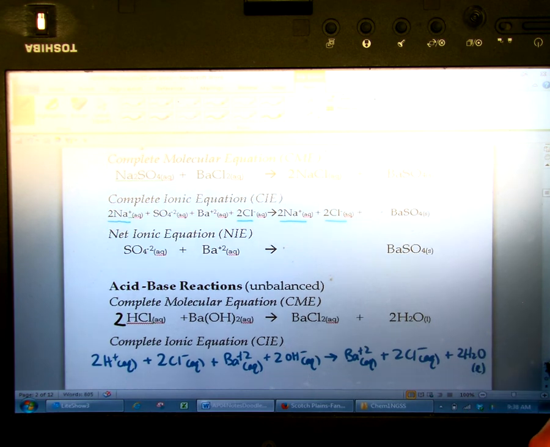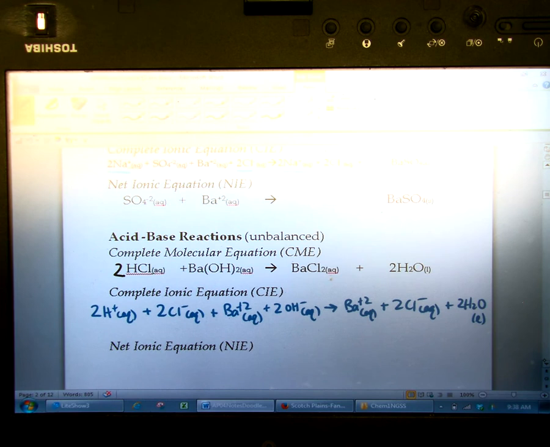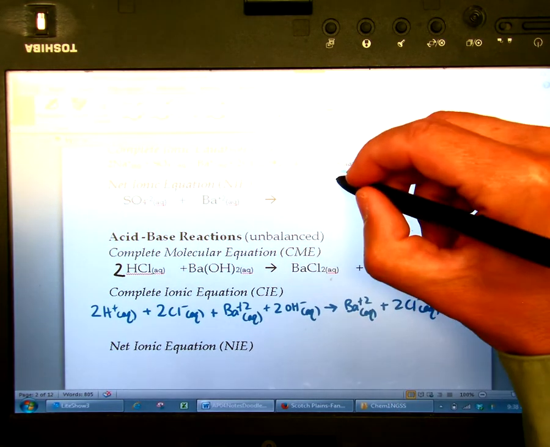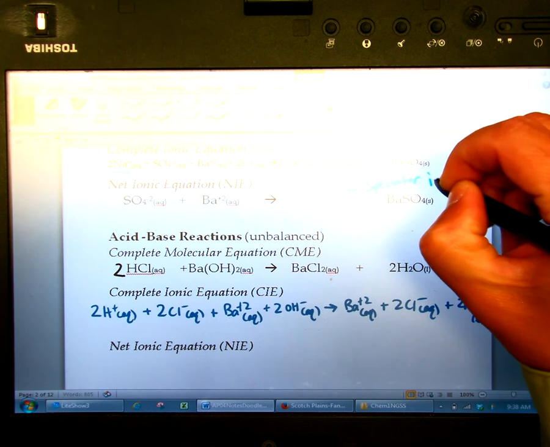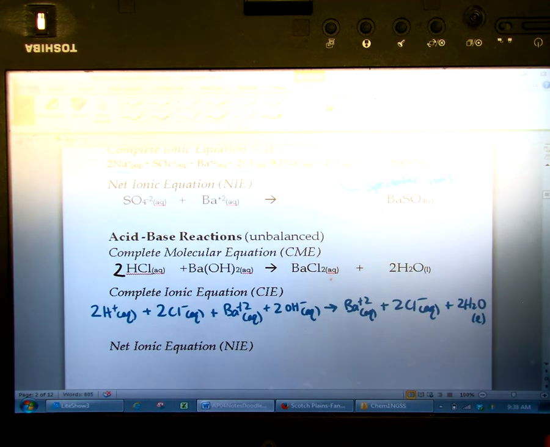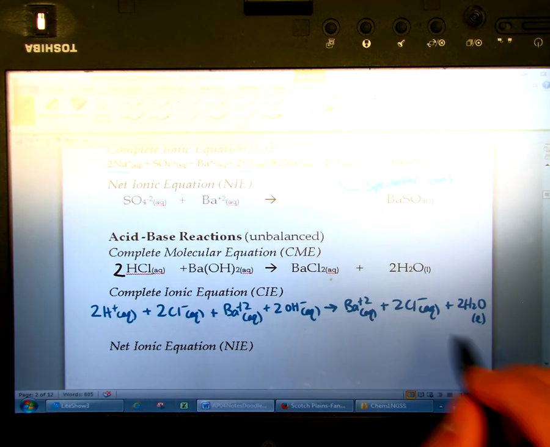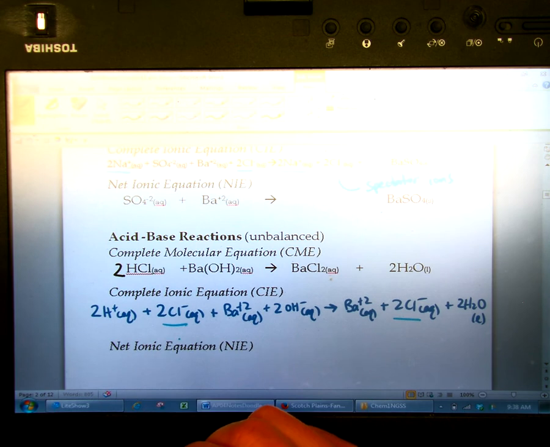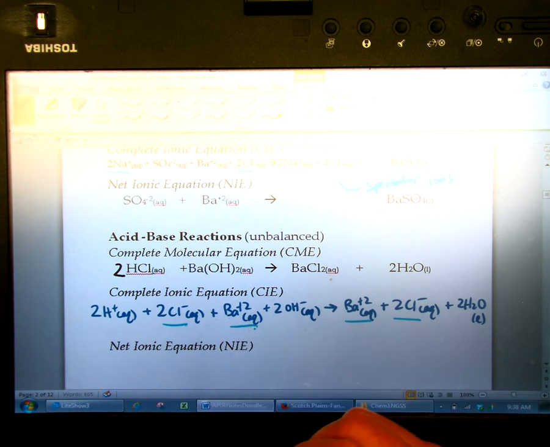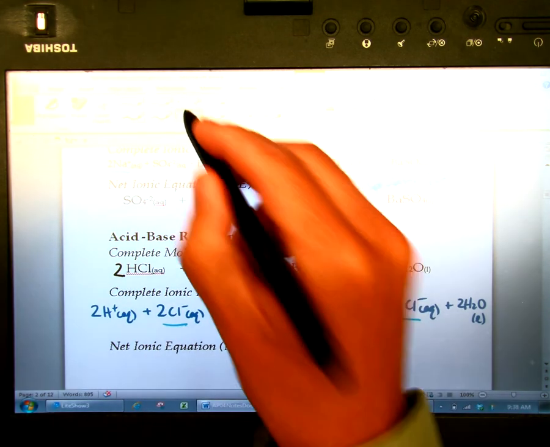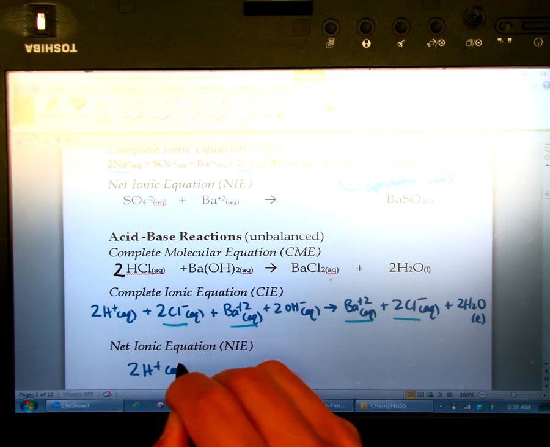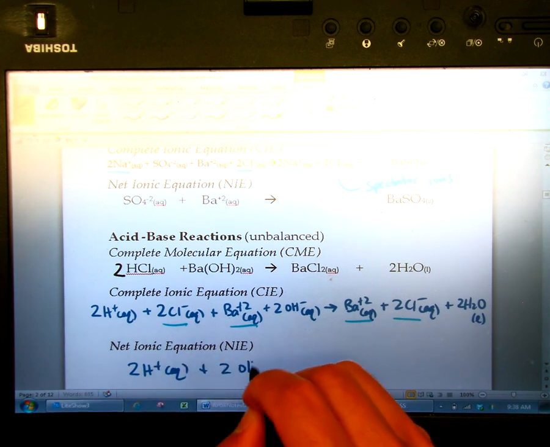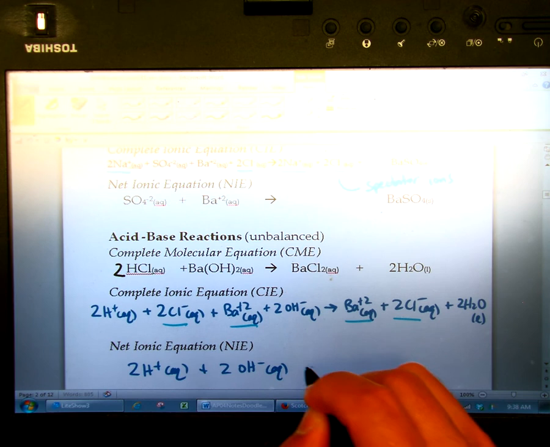Again, we're going to look for the ions that are the same on both sides. They're called spectator ions. So I should have written that over here. Spectator ions. And we're going to look for the same ones on both sides. So you can see the chlorides are repeated right here, and the barium is repeated right here. So your net ionic equation is simply going to be, right now, 2H plus aqueous plus 2OH minus aqueous yield